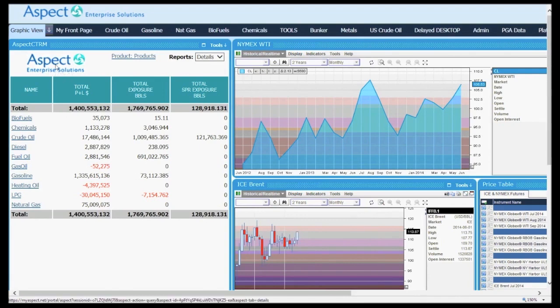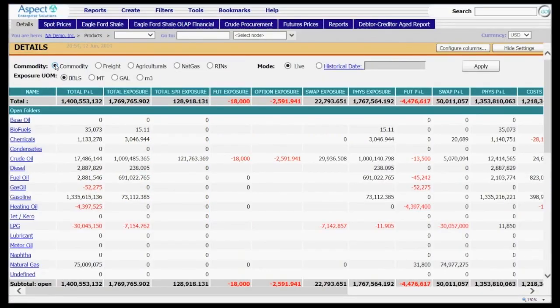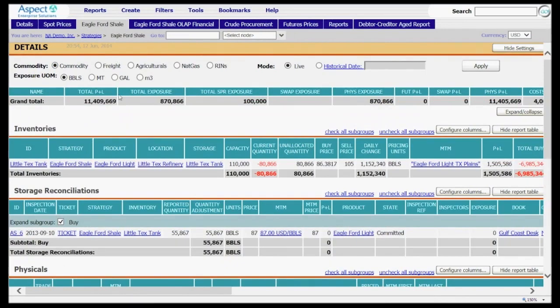At this time, I'm going to go into the AspectCTRM module, and I'm looking at my strategy by product, but I'm going to change it to my Eagleford Shale strategy, which I'm using for this presentation. Right now, I have about $11.4 million in P&L and 870,000 barrels in exposure. This represents my production environment, and I have one inventory location that's worth about $1.5 million in P&L, and I